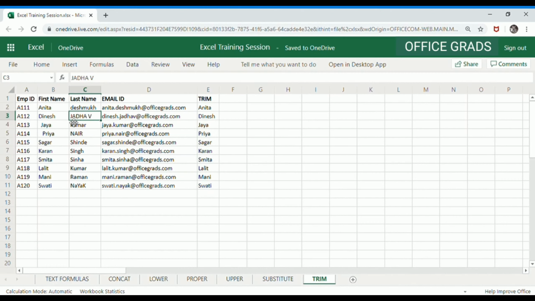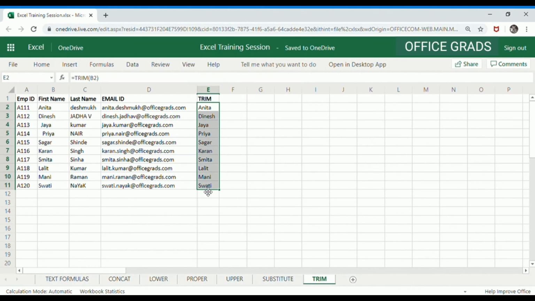However, if you check C3, where you have this surname, the space is in between the characters, right? In between two different text strings. Let's find out if you can get rid of the spaces in between these two text strings with the TRIM formula. It doesn't work, right?